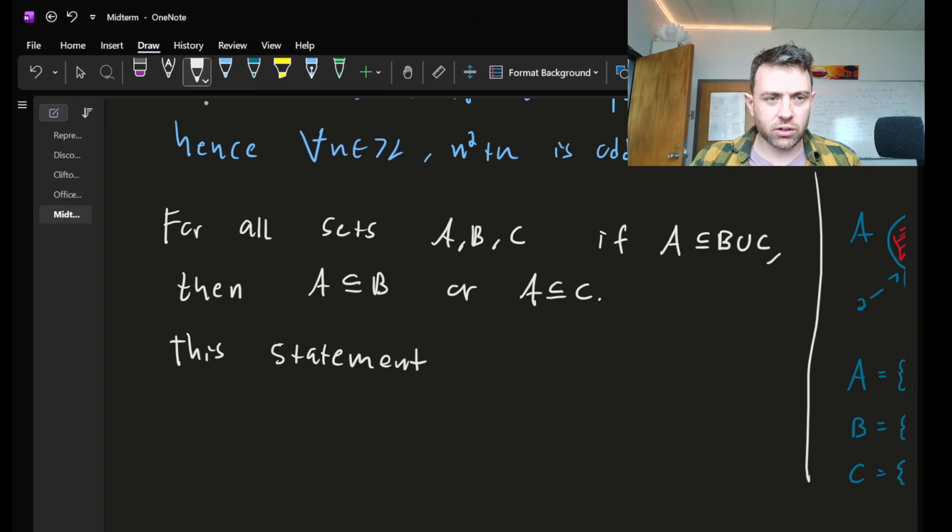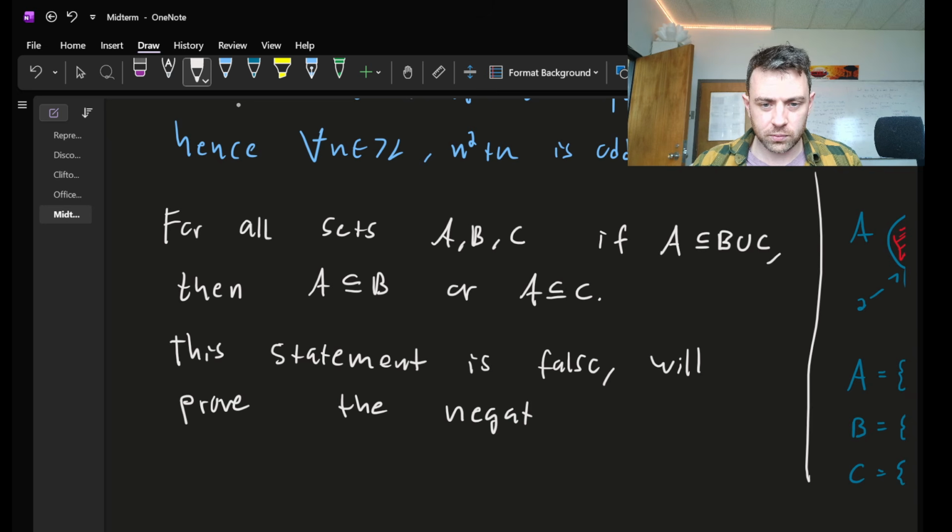The statement, or even I prefer to say something like the above statement, because sometimes you get into problems being too vague if you say that in mathematical writing. So the statement is false. The negation, we will prove, let's say, we will prove the negation, which is